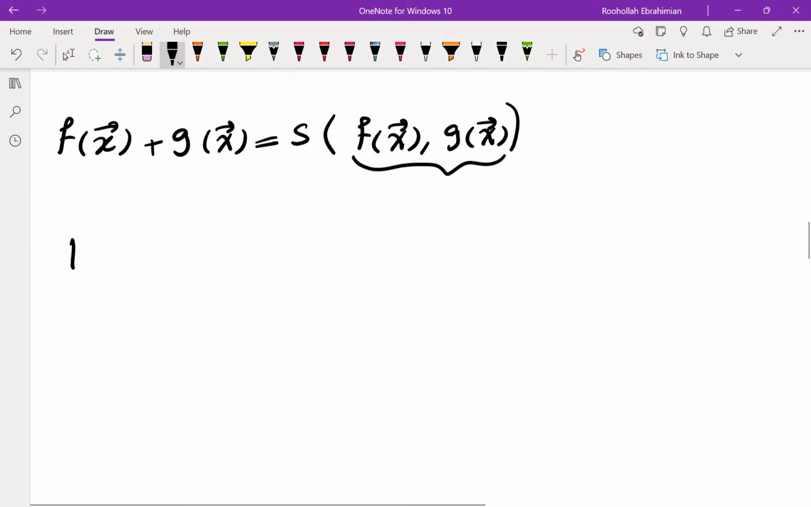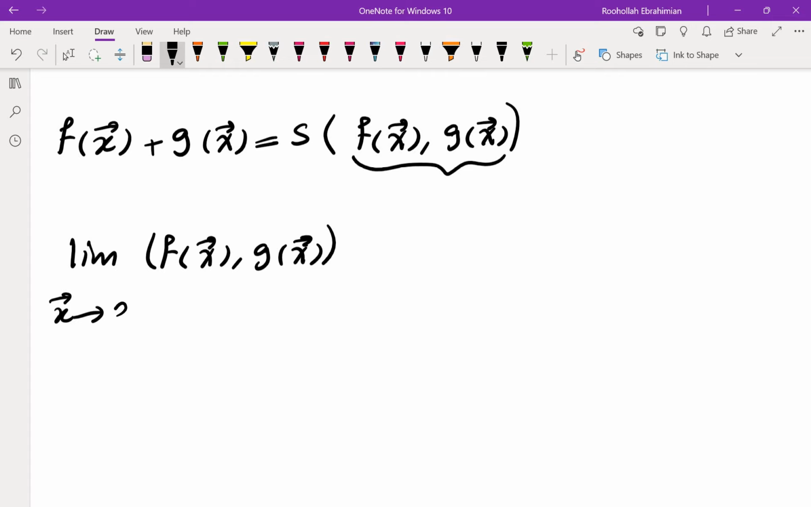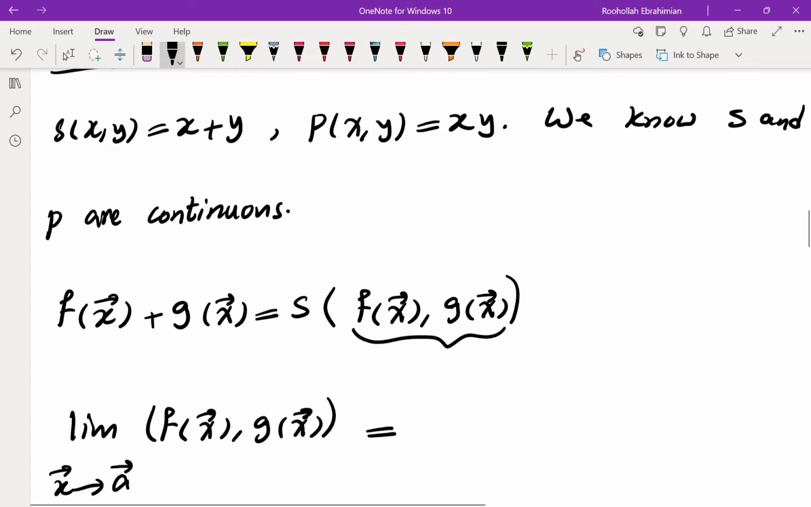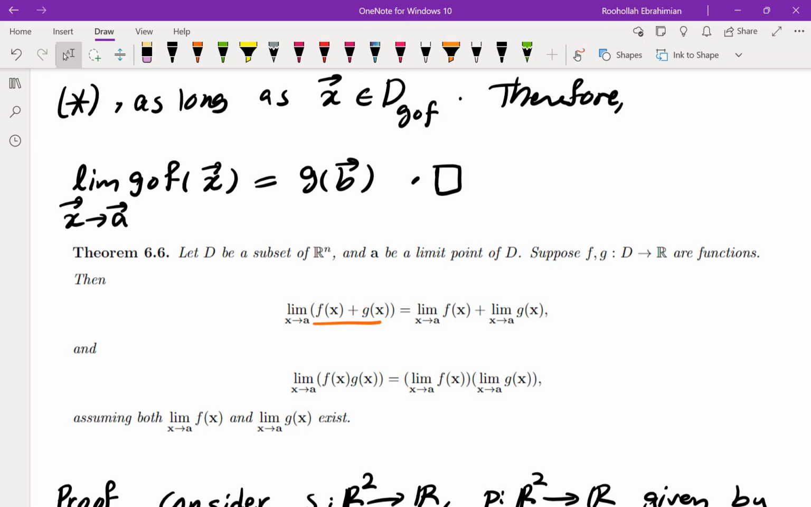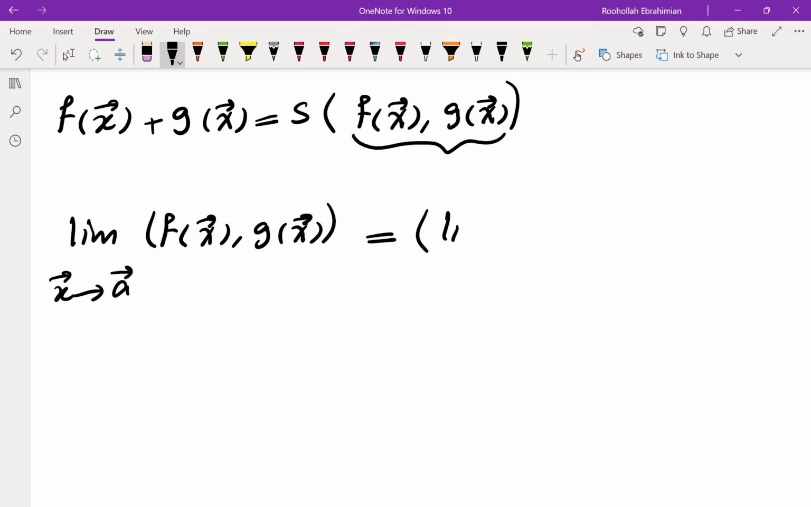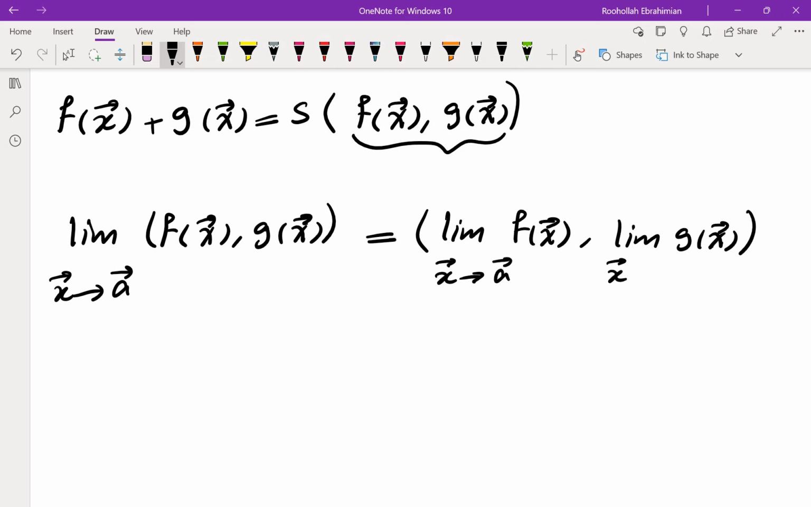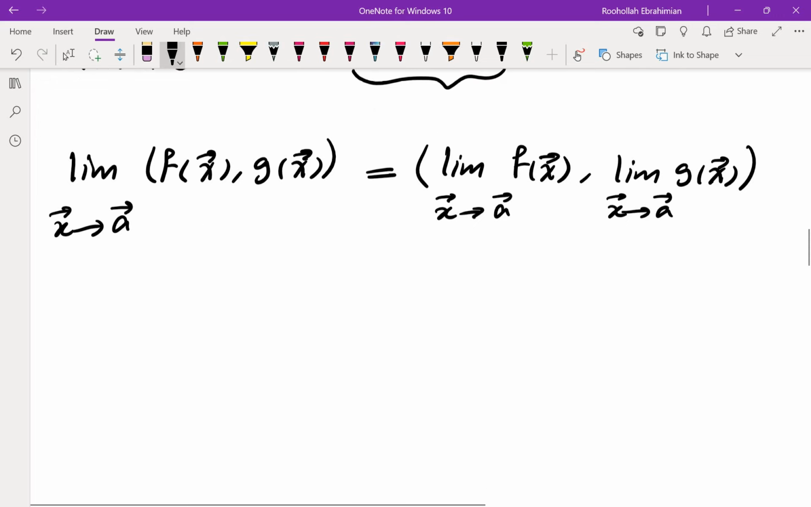If I take the limit of f of x comma g of x, by component-wise limit as x approaches a, we know that the limits at a exist for both g and f. So this would be the same as the limit of f of x comma the limit of g of x. This was a theorem that we proved: to find the limit of a function, you could just find the limit of each component. Now, since S is continuous,